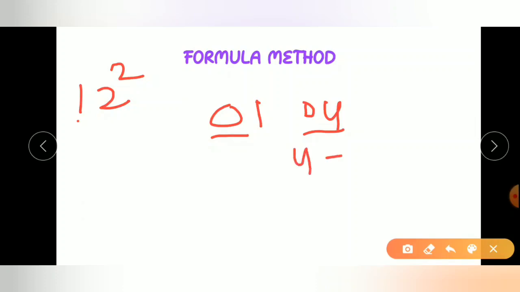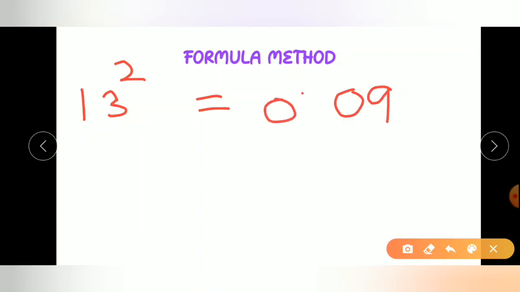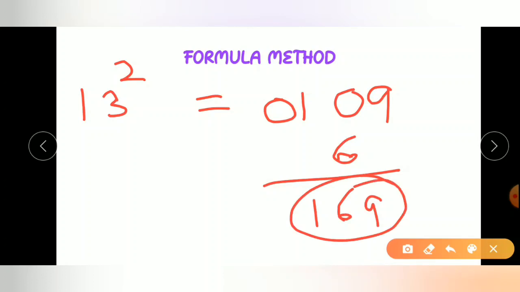Let's start the second one, which is the square of 12. Here in the unit place we write 04 and the second one is 01. We have to multiply 1, 2 and 2, which becomes 4. Placed left of one place, we get 144. One more, 13 square. Here the square of 3 is 09 and the square of 1 is 01. By multiplying 1, 3 and 2 we get 6, which gives 169, the square of 13.